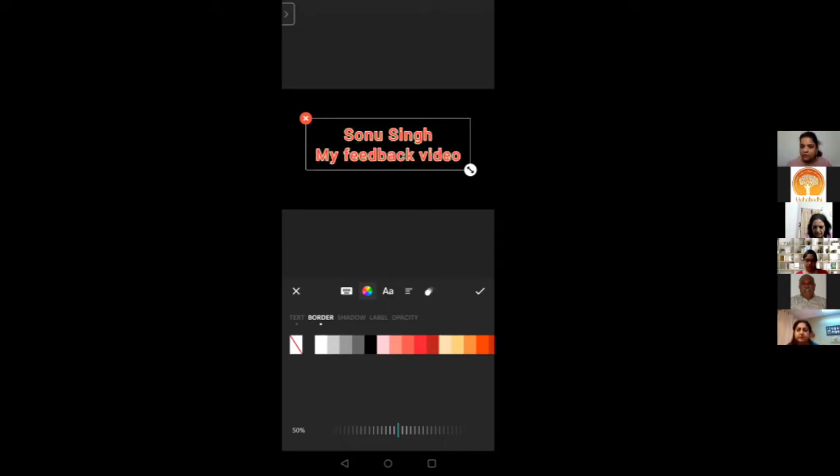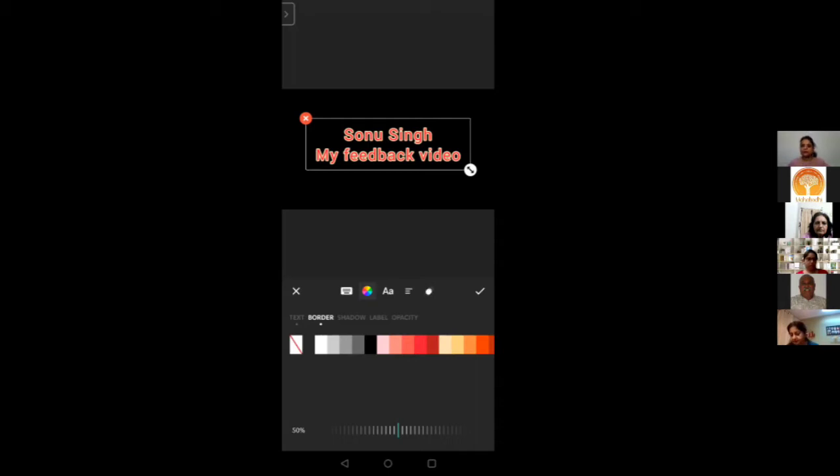Can you see I'm changing it? So no, for this we have to go back. No, you don't have to go back. No, I have only sticker, text, edit, delete, copy and text duplicate. आप text पे जाइए. Okay. हाँ, आ गया circle. हाँ. So for the time being, just write anything. कुछ भी आप लिखिए and just get this panel because I'm just teaching you how to edit the text.